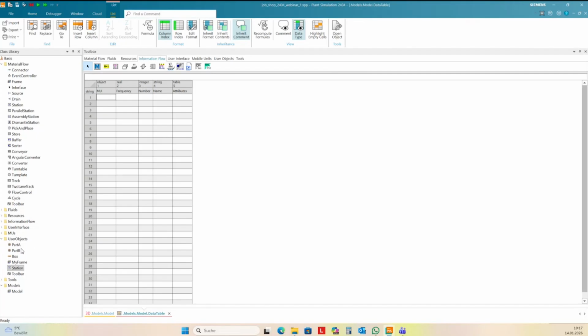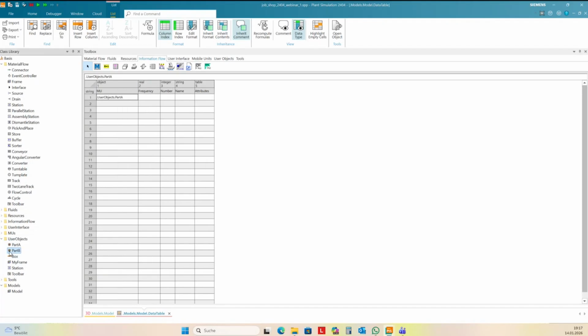And now I track these two parts into the data table, and it should be 70% part E and 30% part B, and each one can represent, for instance, one lot of part E and one lot of part B.